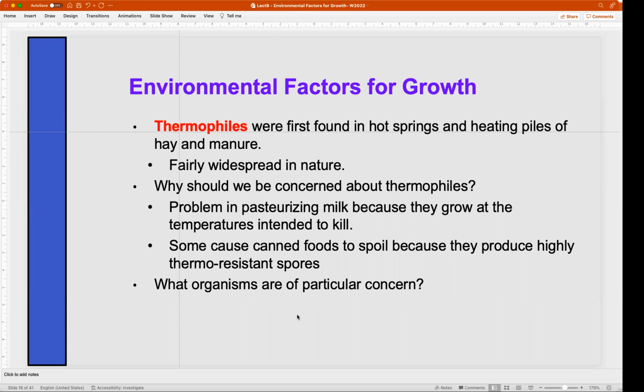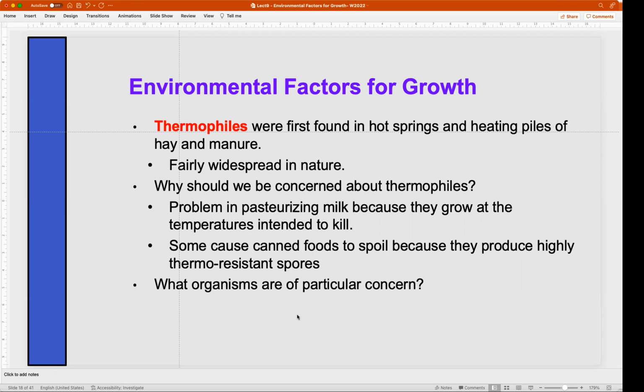The problem is in pasteurizing milk, because they grow at the temperature that they're intended to kill. We have Streptococcus thermophilus. This organism doesn't die at the 70 degrees. It can still be there in part, but it's a beneficial microbe, so we don't worry about it too much. Or I think it might be 50 degrees. Anyway,